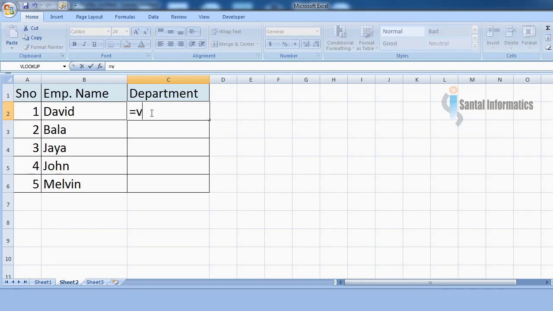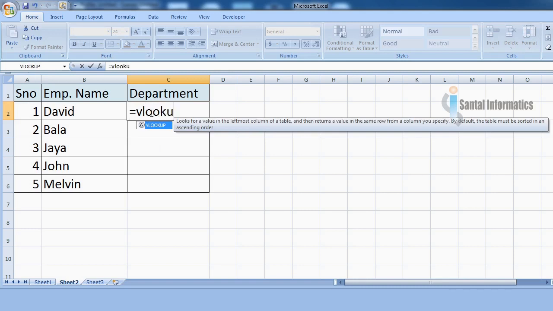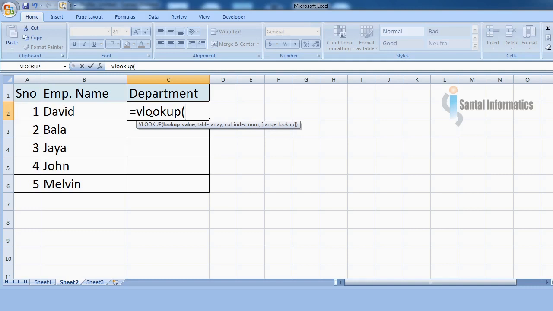Equal to VLOOKUP of. Once you type the name of the function, we will get the tip below on how to use this function. First we need to mention the lookup value. We are going to look for David. David is in cell B2, so type B2 here,